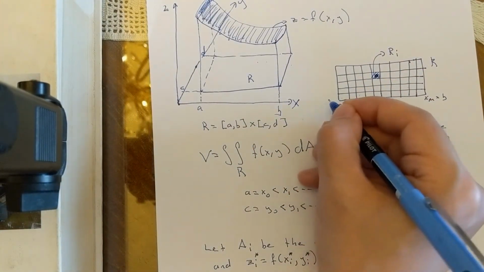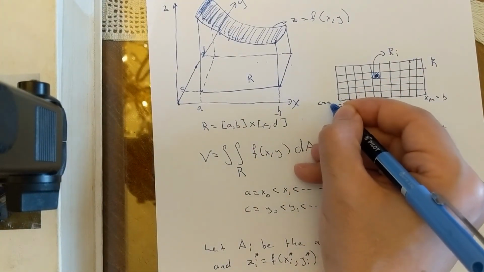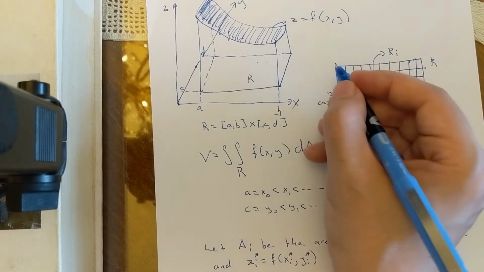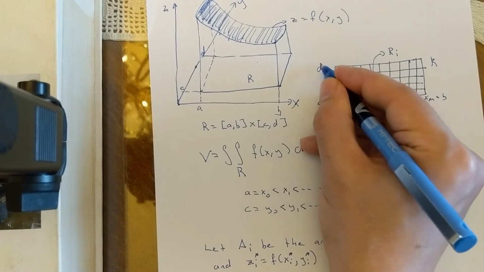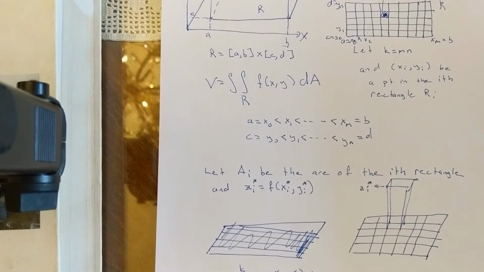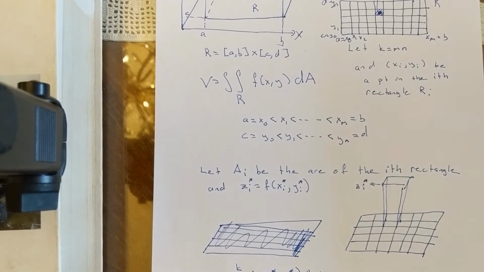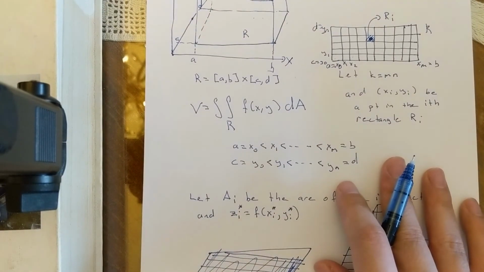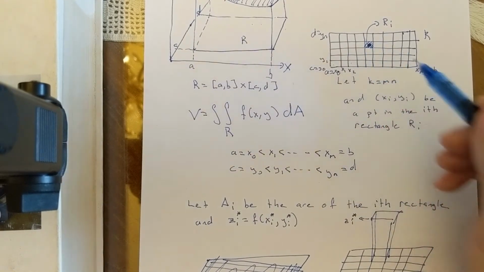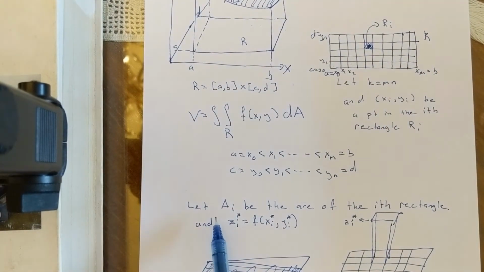Now, in the y coordinates, C is equal to y sub 0, this is y sub 1, and all the way up to D, which is equal to y sub n. Okay, so it's m times n. That's exactly what I wrote. Calculating this area is very easy. It's a rectangle. So we're going to let A sub I be the area of the ith rectangle